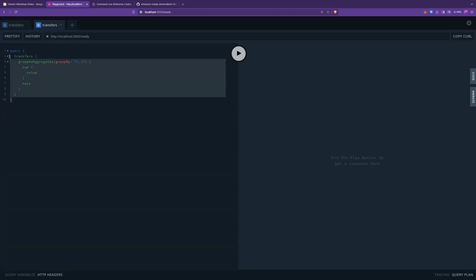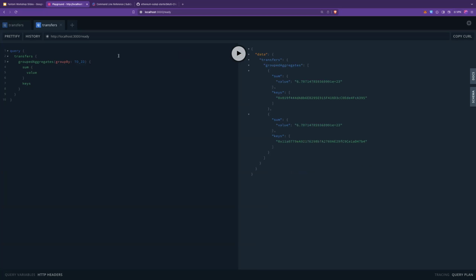You can see this query here. It's an aggregation, and GraphQL does it automatically. If I press the play button, you can see that it automatically calculates the value of transfers and groups the results by a key, by a receiver ID. So yeah, the aggregations are supported. Awesome. I think lastly, another question, does it support or handle external stuff like APIs?